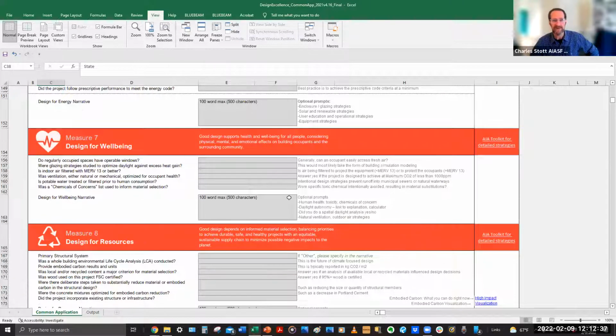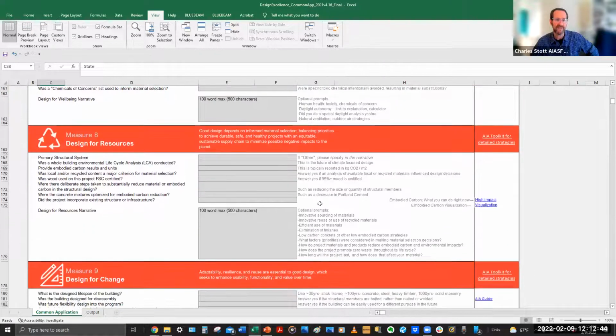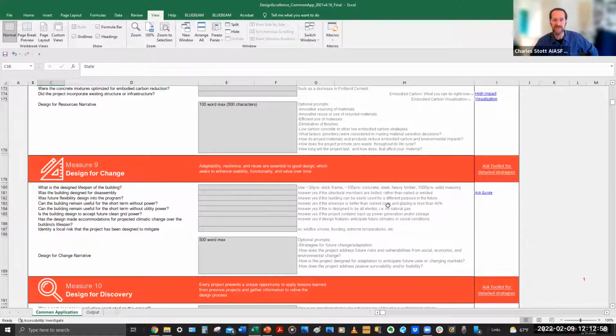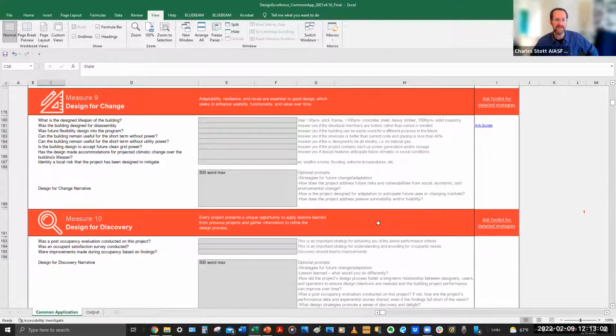Well-being is yet another very yes, no, and narrative-based response. Design for resources is a broad-based one that actually touches on carbon, but isn't critical that you respond if you haven't done carbon accounting for your project, but it gives you some information that you'll find useful if you begin carbon accounting your projects now or in the future.